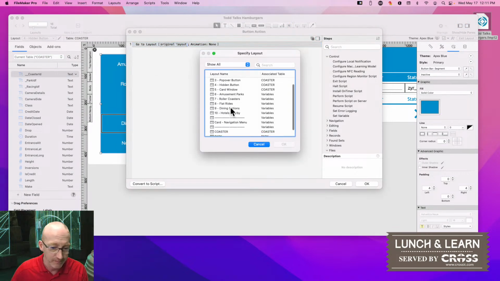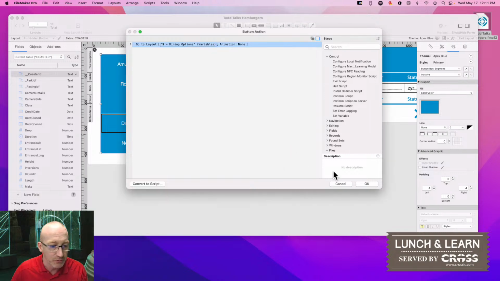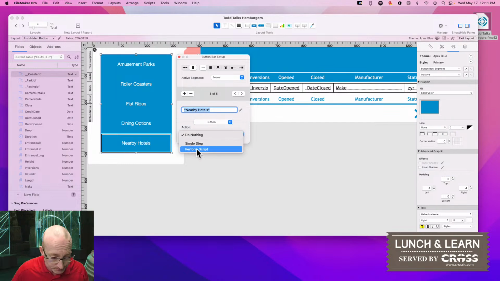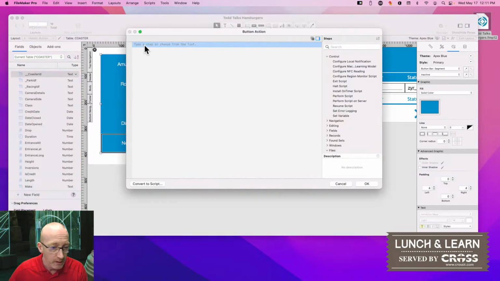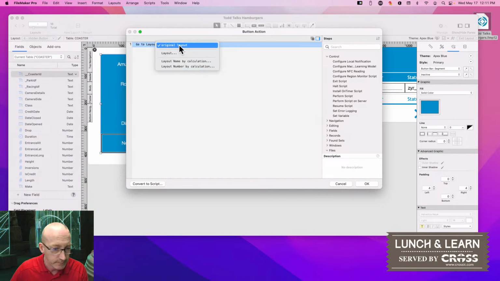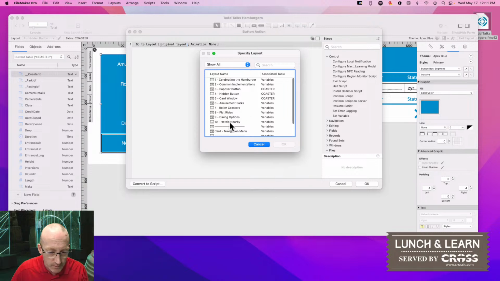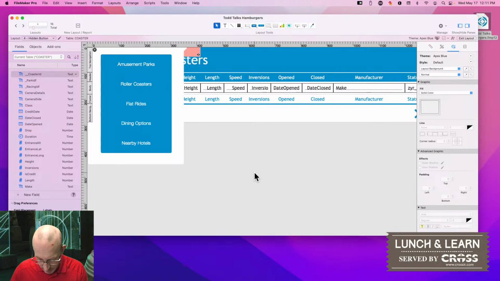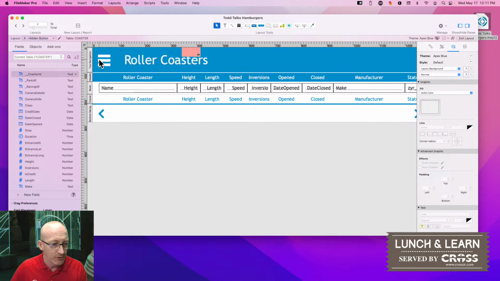But anything that you need to do as far as running a script from a button on a layout that would make sense to be in a menu, you can go ahead and add here. All right, so that saves what I just changed, and what I'm going to do is I'm going to go ahead and